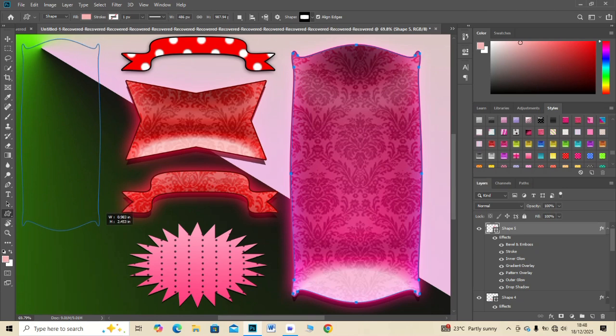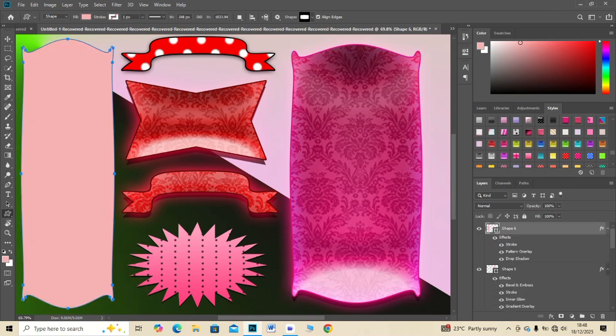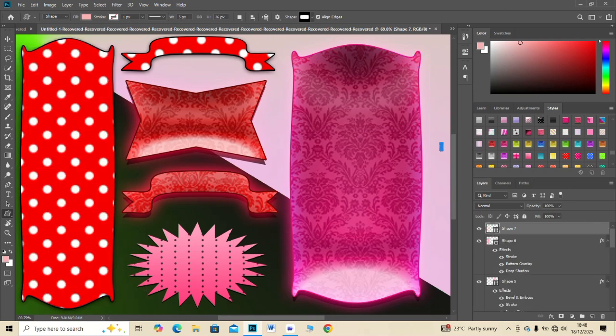Center the number properly. Select the bell layer and double click it. Add a soft drop shadow. Press OK. Zoom out and